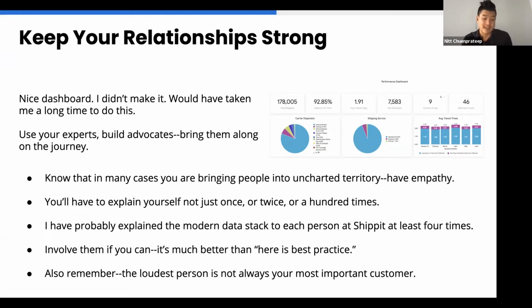Here's what we want people to get alerted for when their parcel's on time or when X or Y doesn't work, right? So I would say use those domain experts and use them as advocates, right? And bring them along on the journey because they're really interested in actually doing the work better, right? If you find passionate people around who may not be super skilled at data or analytics, bring them along on the journey and show them exactly what you're doing because they'll surprise you. You know what I mean?